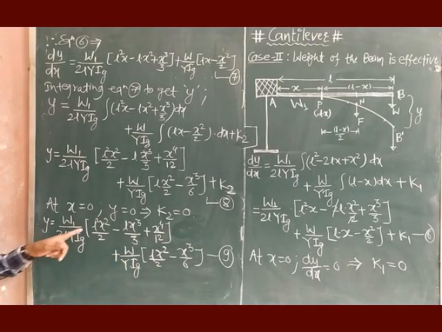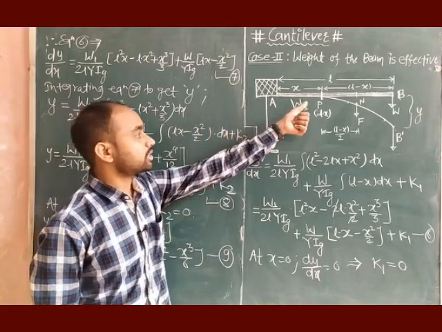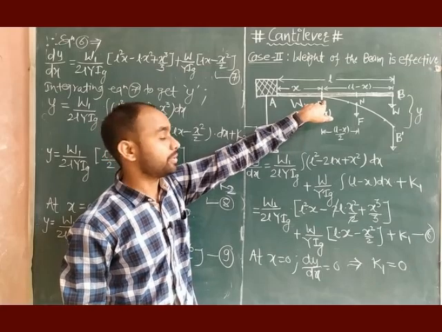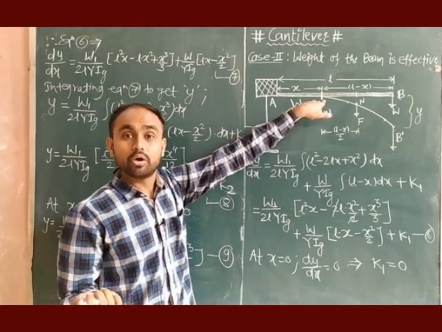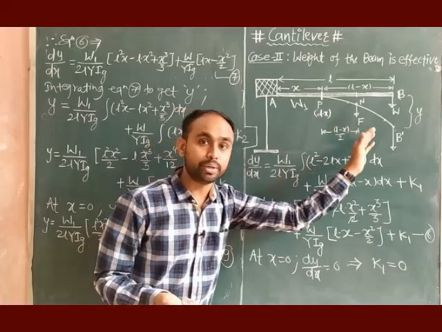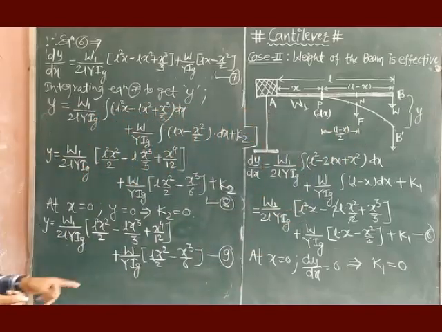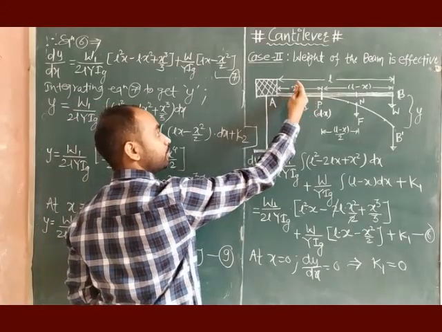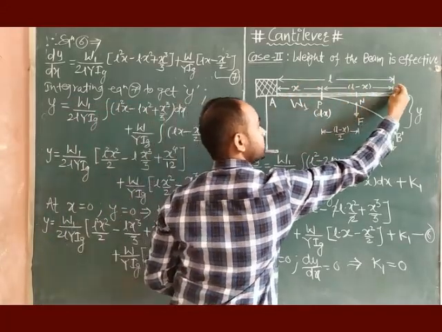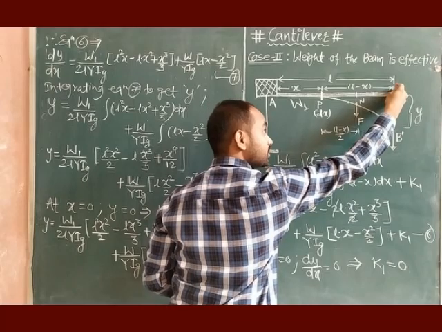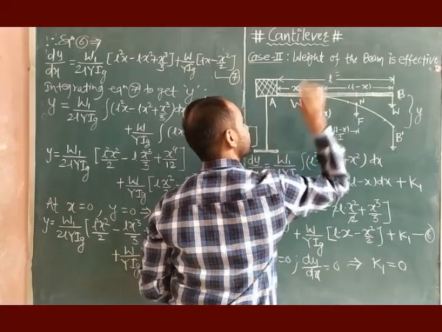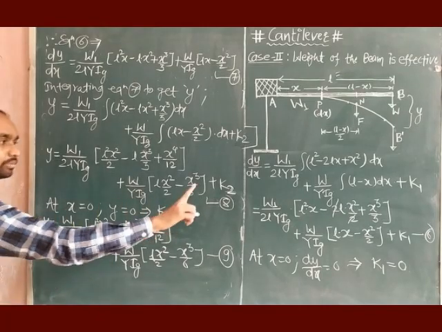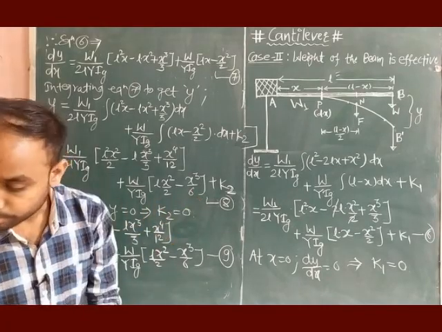Now obviously this is the depression of the beam at point P, but finally we have to find it for the whole beam, and in that case we simply have to substitute. Right now we got the depression up to this point. If I extend this beam up to point B, what is the value of x? x is nothing but L. So if we substitute x equal to L in equation 9, that will be the depression of the total beam.